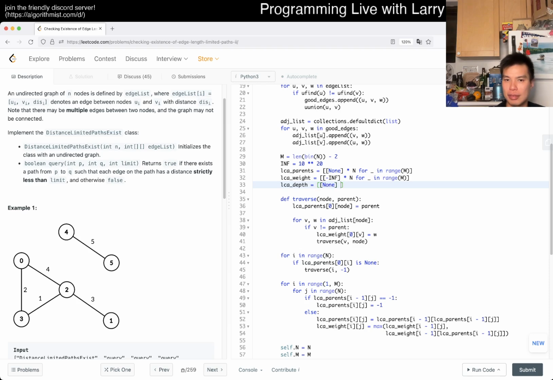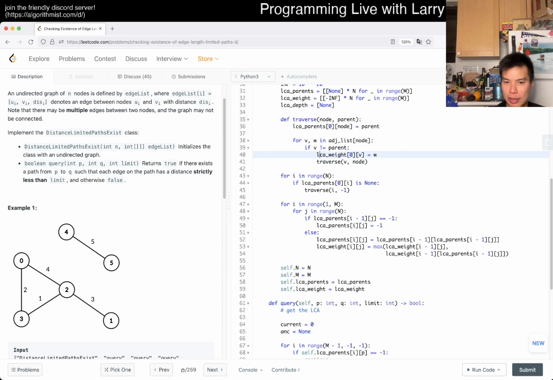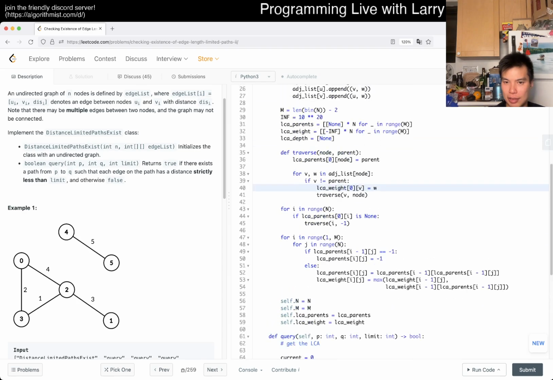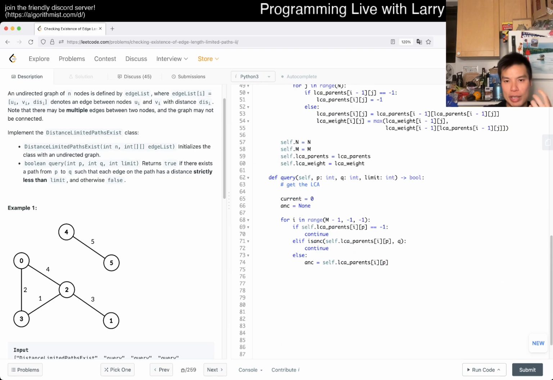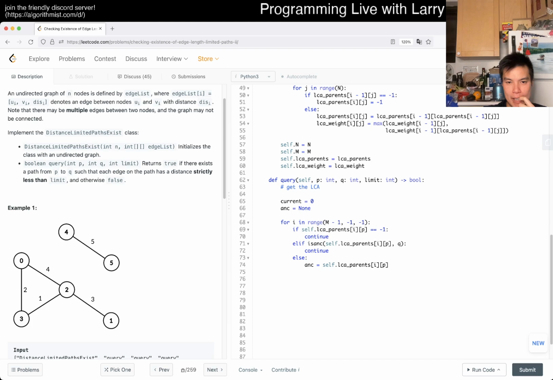I think it's just a node, right? So then now we can do it, where's my recursion? Okay. And then now we can do it, because basically